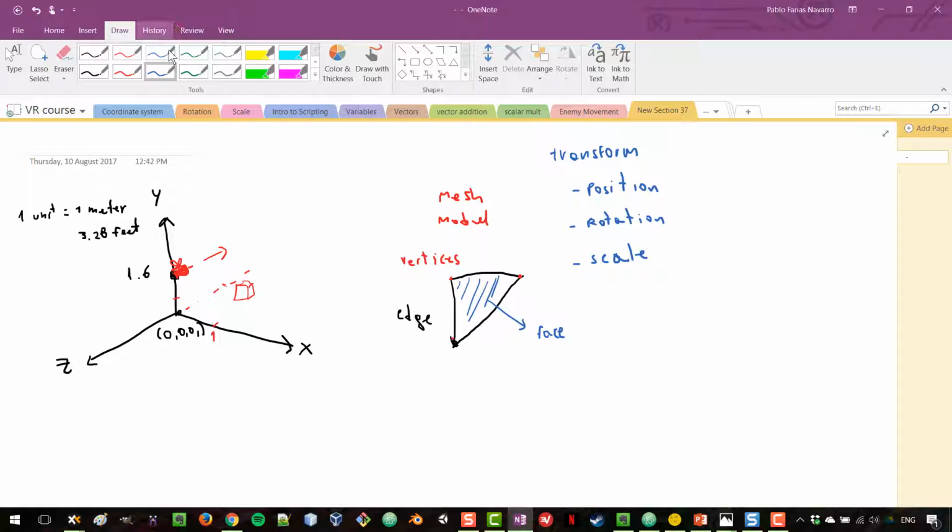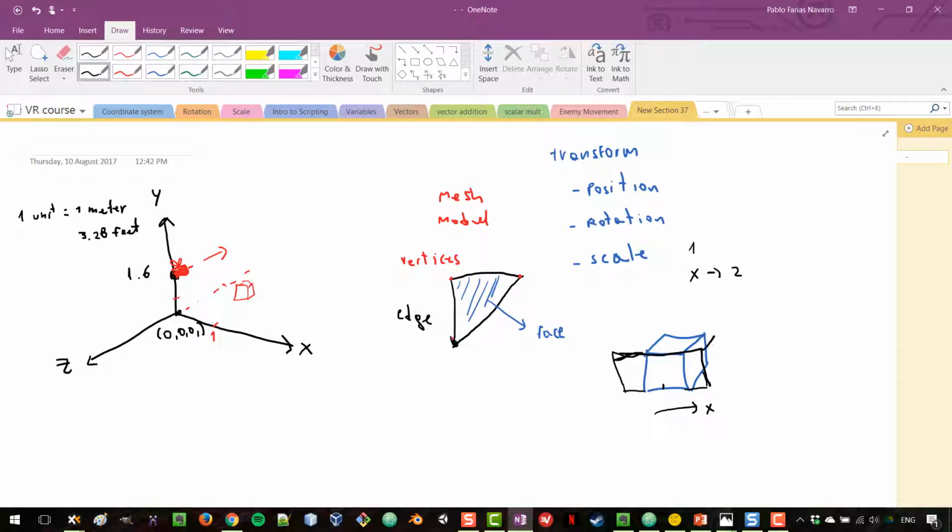We can also scale a model, for example, a cube in this case. We can scale it on all different axes as well. And what that means is that you are basically multiplying the size by a certain number. So by default, the scale is 1, which means that whatever size this has, we're not changing that size. So if you set a scale, in this case on x, if you set a scale of 2, and this is the x axis, then our cube will be twice the size on that particular axis. So the new cube,